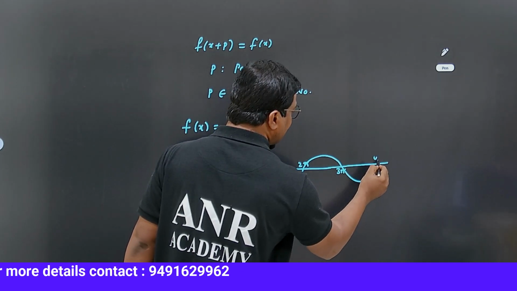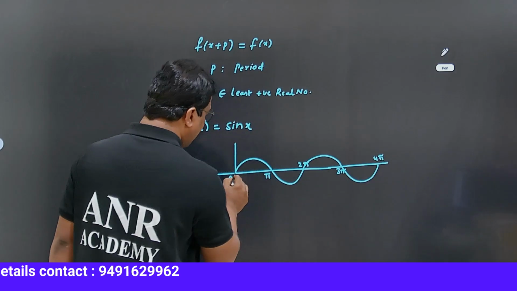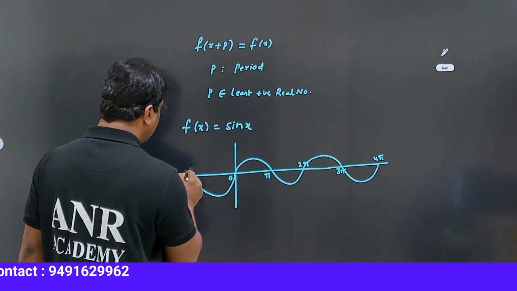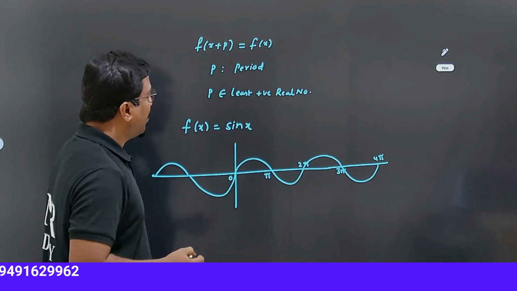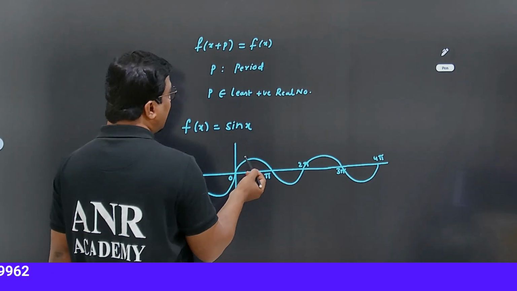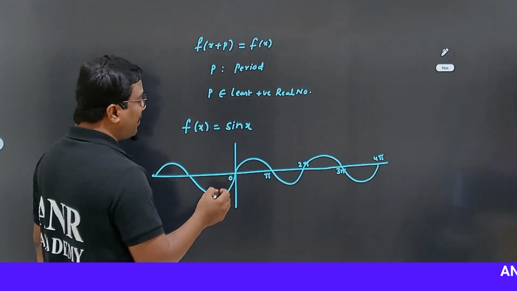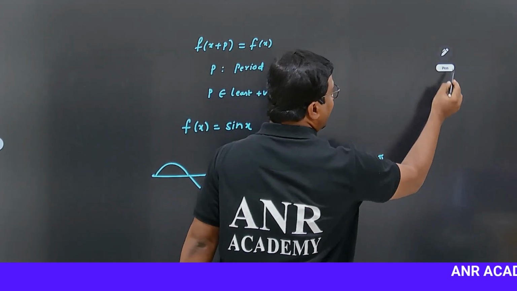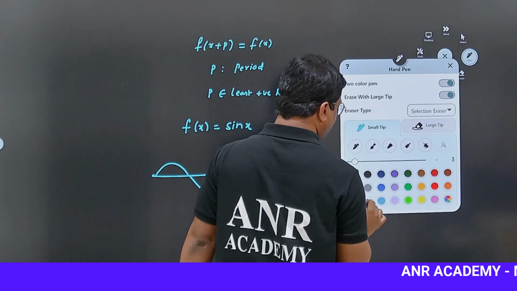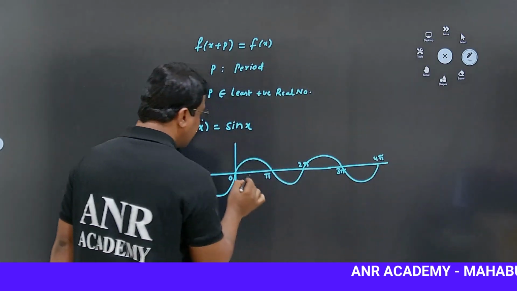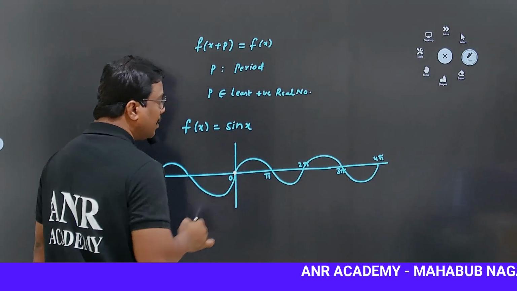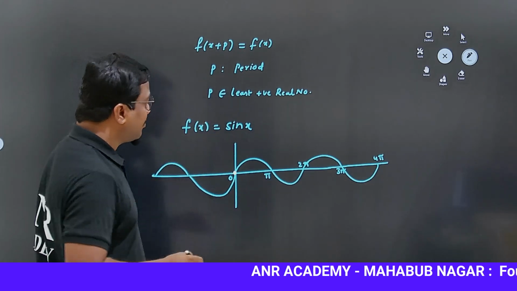Next, here it is 4 pi. For all negative values of x also it is defined. See here, the graph of f of x at origin indicates functional value 0. The same value